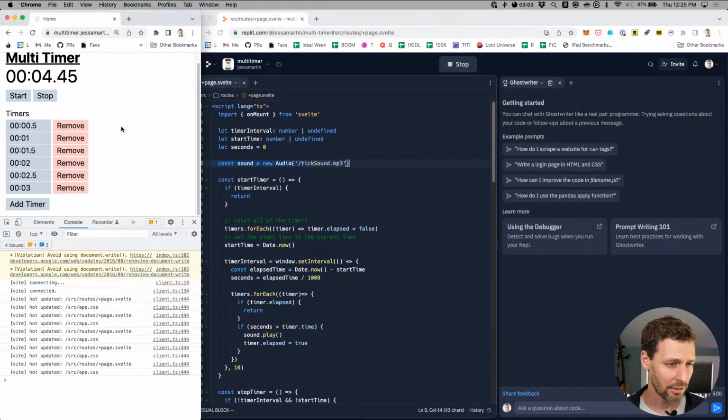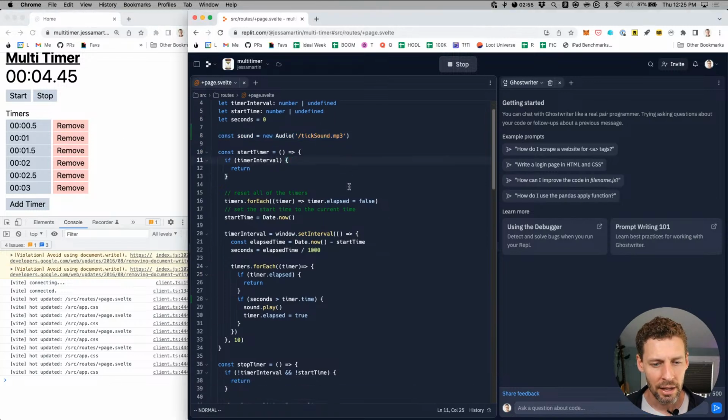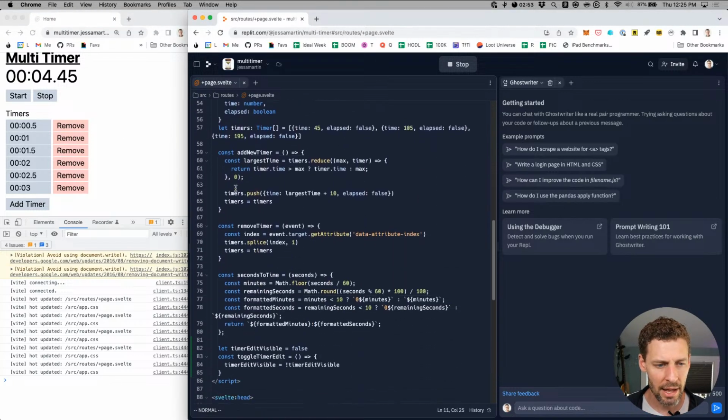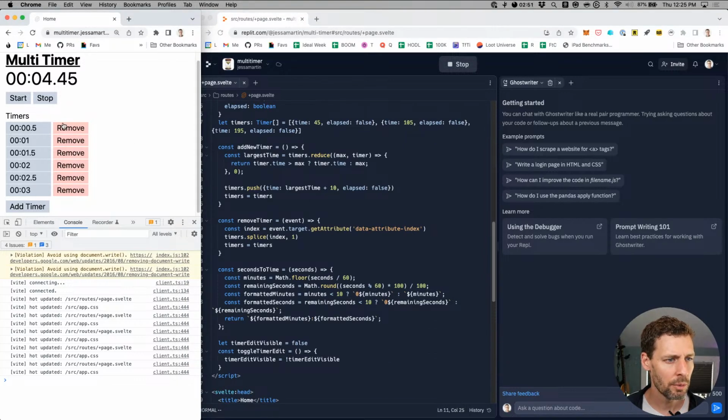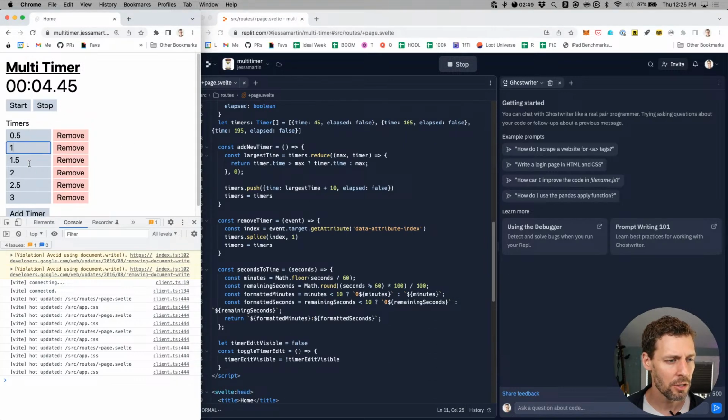I hope you guys can hear that click. It may not come through since the speakers are here and the microphone is there, but okay. So now we have a couple things going on here. We've got our timers that you can edit being displayed as minutes and seconds, which is great.